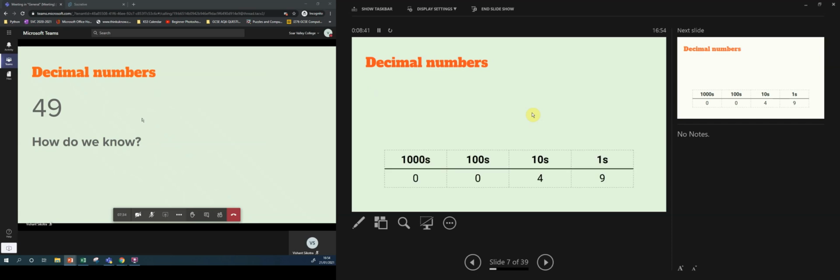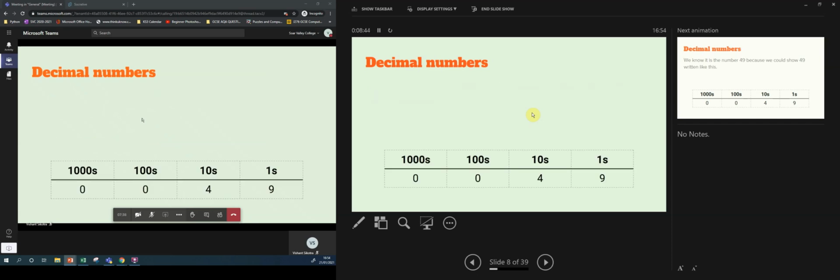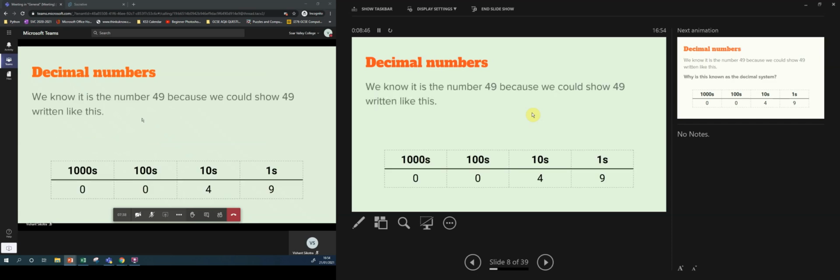I will then continue to say that we know that it is the number 49, and we do this automatically as human beings now because we have been working with the decimal system for generations and generations, and actually our brains do this automatically. But we know that the number 49 can be written out like this,